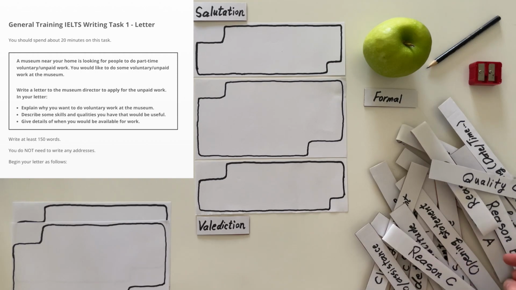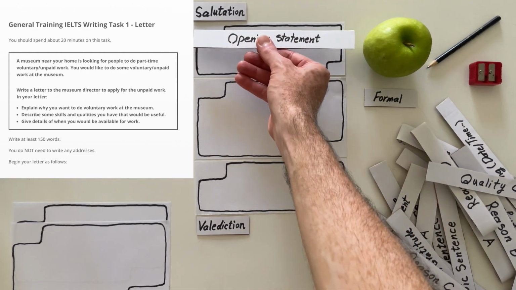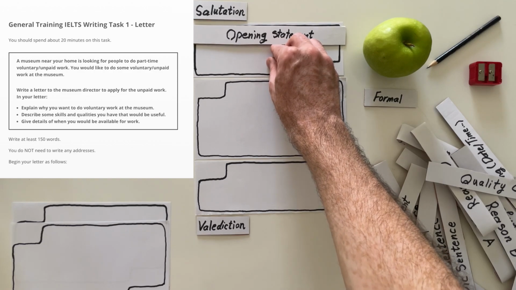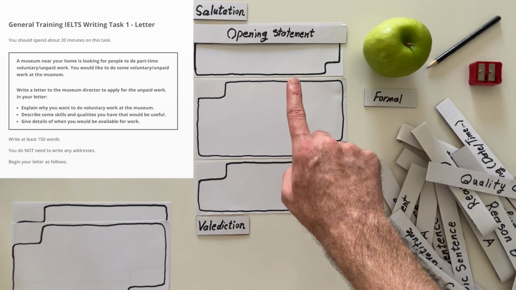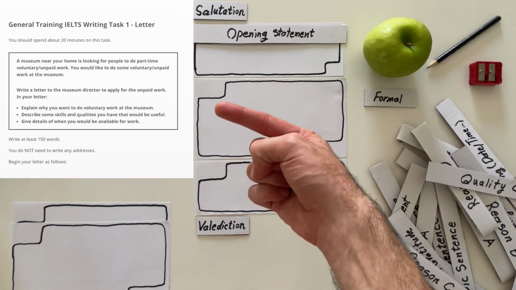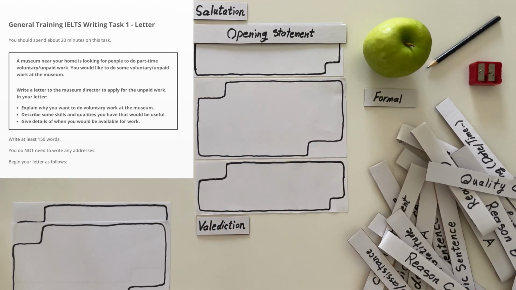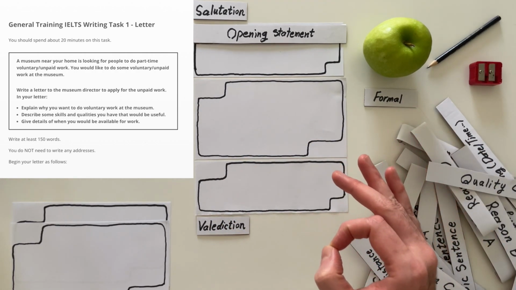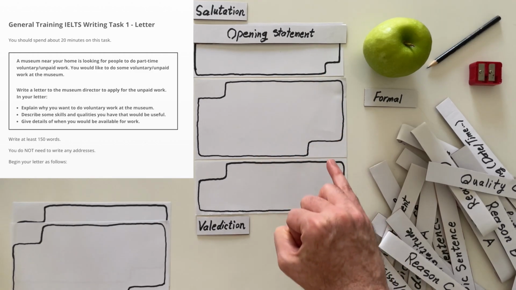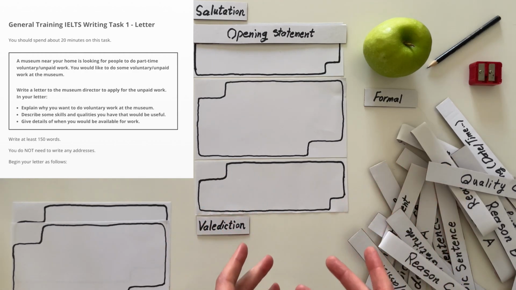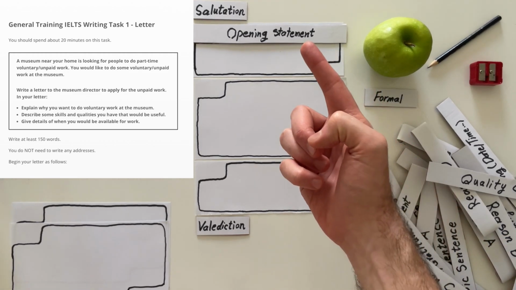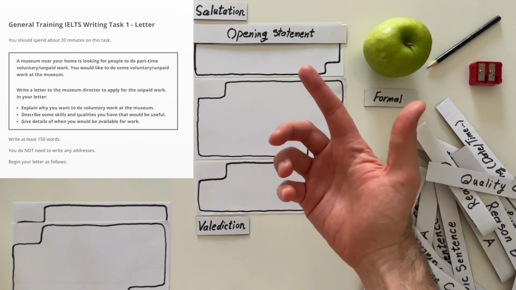So there are a ton of things that I can say, but your first sentence is important. Express your intention here. We are going to address the first bullet point here because it is very important that you are clear in your intention and you express your enthusiasm. You are willing to contribute. You love this place. You love museums. You love the position that you're applying for. So show enthusiasm. Show your love, your passion.